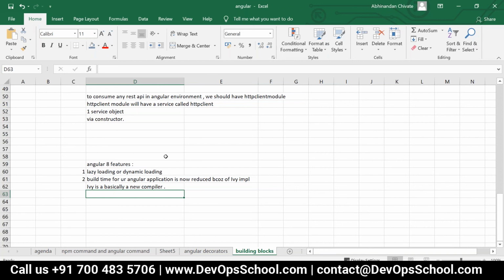Nowadays, whatever Angular applications you develop, internally they're using Ivy specifications. Is it clear, everyone, or not?